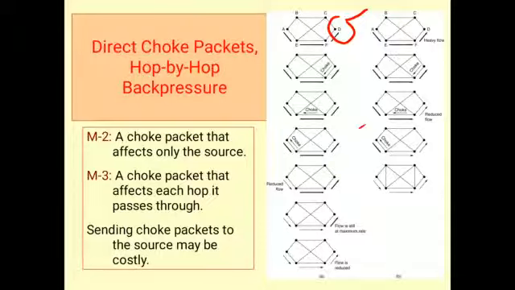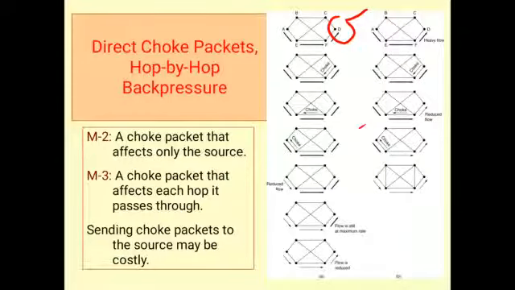So the choke packet is nothing but a control packet which is transmitted from the congested node to the source node. The message it consists of is: please slow down, because you are the faster one and I am the slower one. Because of your fastness you are sending the packets in a fast manner, but I am very slow to receive all the packets. If I am the slower one, due to the congestion, some packets may be lost. To avoid that, it simply sends the choke packet to the sender.